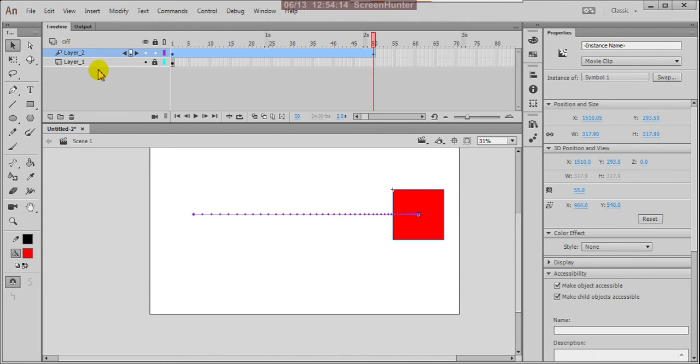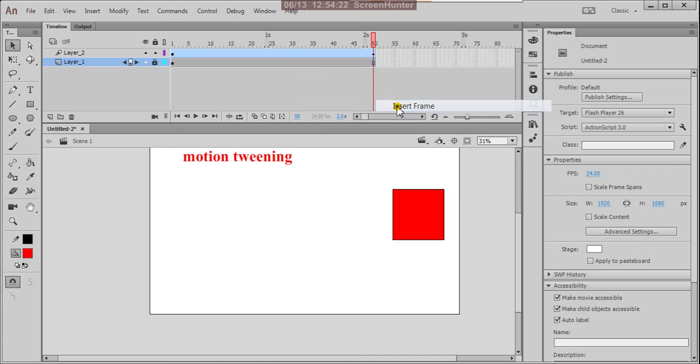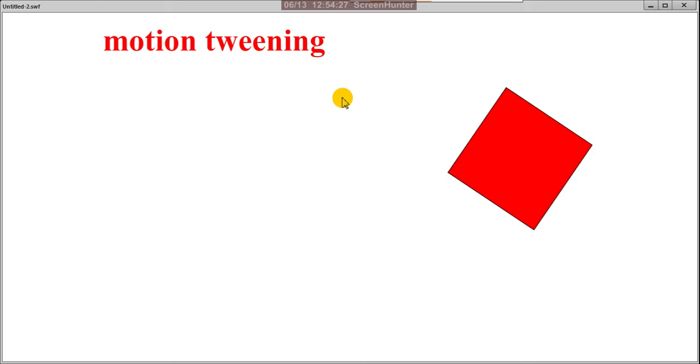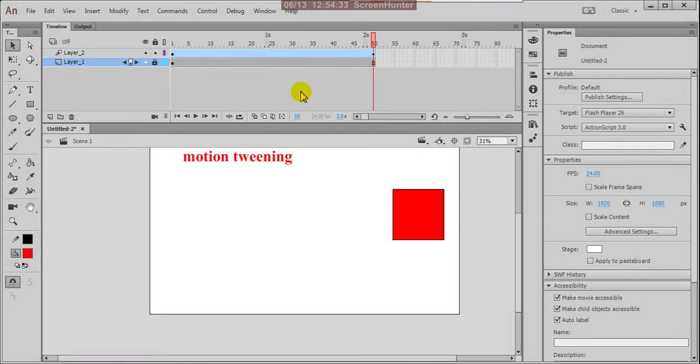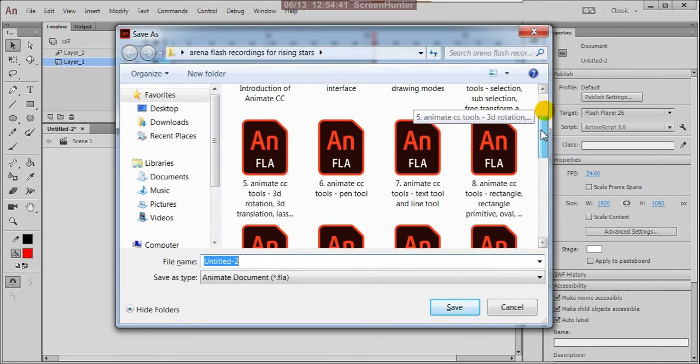So there, the visibility of this motion twin, I'll extend up to here because it can be static. Now you can check, Control Enter. See, nicely it is settling, perfect. Now I'll press Control S, suppose I want to save this as part of your assignment.